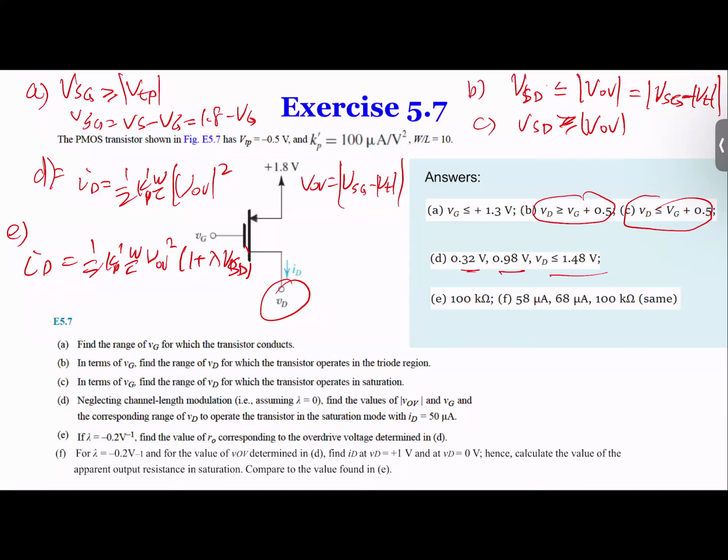As you reduce VG, VSG starts to increase, and you start to have current. When VSG is larger than VT, you have current. So that is the important criterion. VSG in the PMOS needs to be larger than the threshold voltage. But you can still possibly be either in triode or in saturation mode. Whether you are in triode or